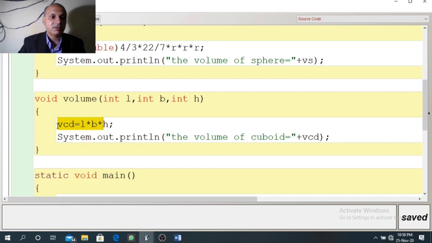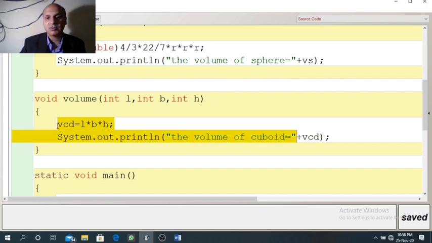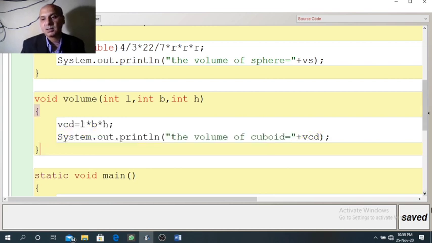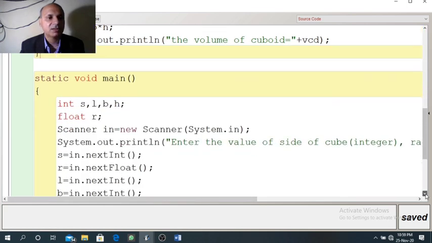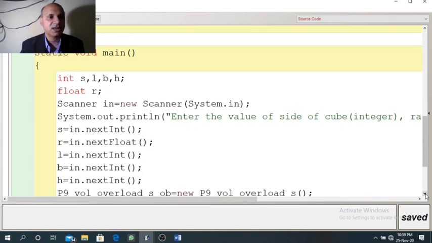Product of LBH will be stored in VCD. Then we can print the volume of cuboid. Simple functions. So all three functions are designed with non-return type. Now in the main method, which is static,